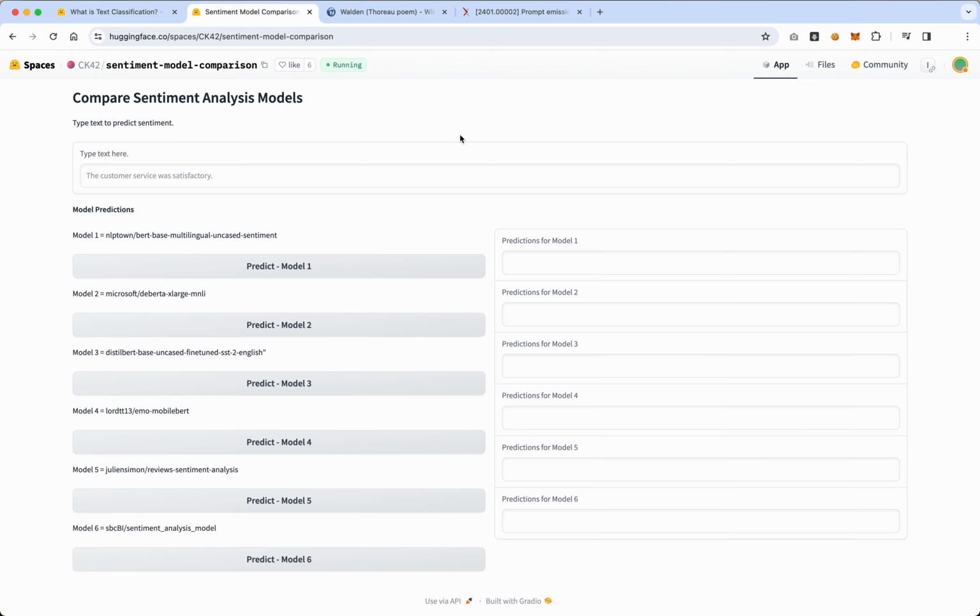Here I found another space that I think is really interesting. One of the powers of these particular tools is that you don't need to run just one model at a time. So here's a really cool space that allows me to run multiple models and compare the results. So let's try something here, and let's just say,